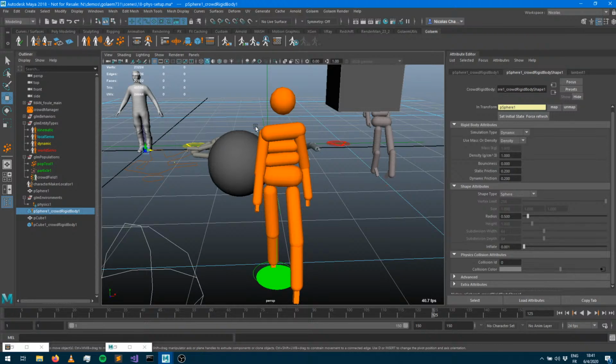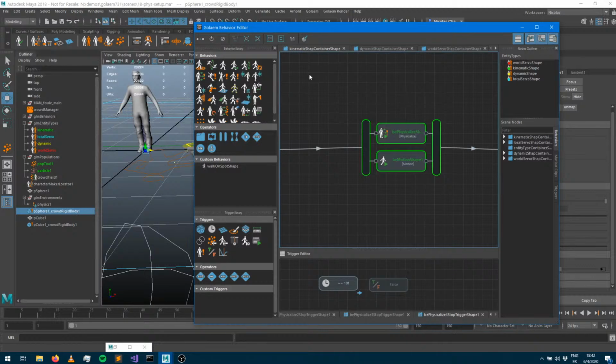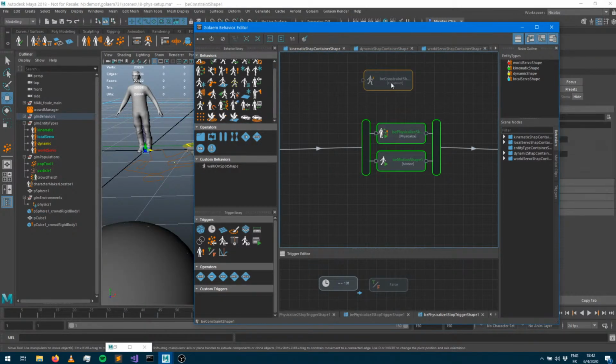So we got something which is called a cache output, where you can use the result of the simulation to drive some actual Maya geometry. So we've got a video tutorial about that matter, but you can actually connect real Maya geometry or bones and control their orientation and position based on what's been computed by a cache. Also, we have something called the constraint behavior. So let's say it's really precise what you want to use. Maybe you already know that you want to use the upper part of the characters,